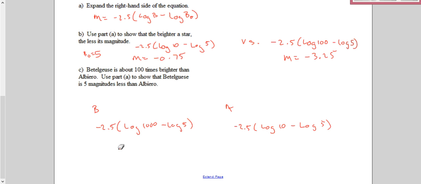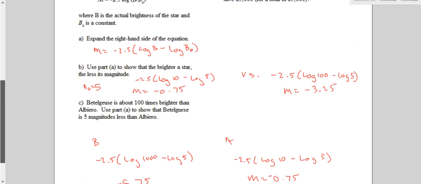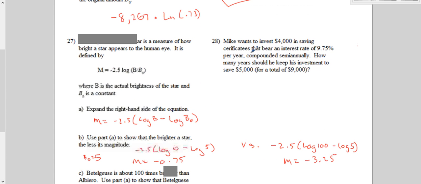And for Betelgeuse, however you say that, I got negative 5.75, and for Aldebaran, we get the magnitude of negative 0.75, and you can see that is a difference of negative 5, so it is 5 magnitudes less than Aldebaran. Okay? And now, looking at number 28,